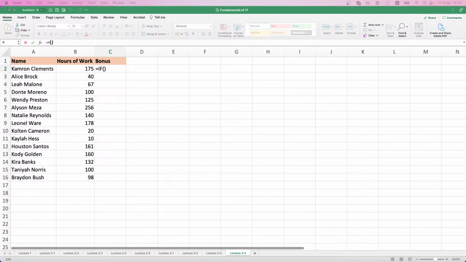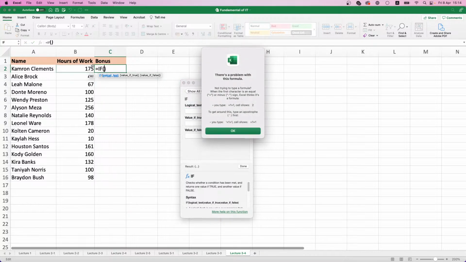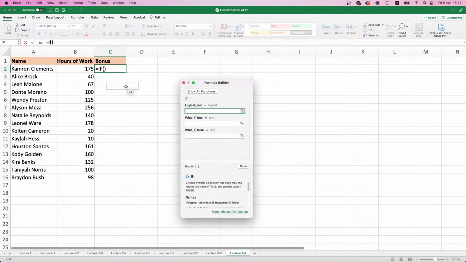Okay, so let's go on. We've got the condition. Let's return to formula builder. So logical test. If hours of work is more than 160,